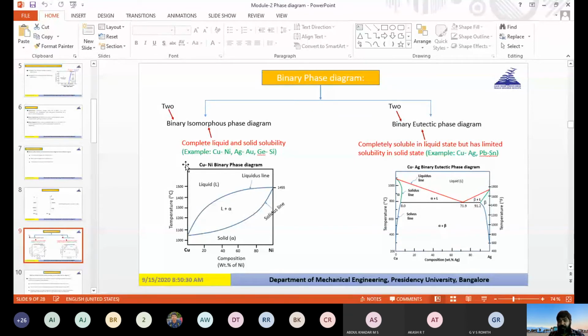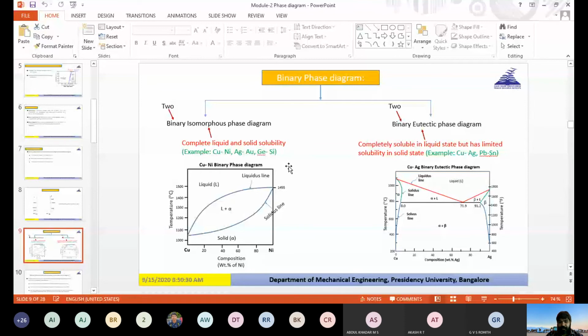As a mechanical engineer, you are supposed to know all these things, because whenever you try to develop a new material, the understanding of this phase diagram is very important. You might be seeing that day by day new materials are coming. In the development of all those materials, the concept of the phase diagram is very useful. So if you understand this, then you will be able to develop new materials also. That's why these are very important concepts in the phase diagram.